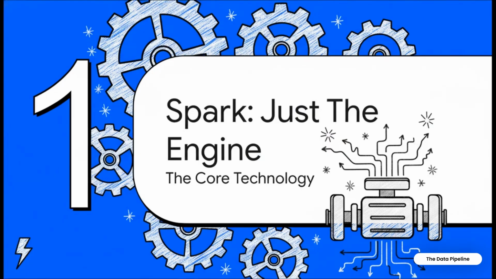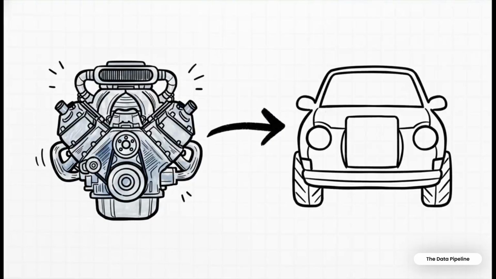All right, first things first, we absolutely have to start at the foundation. And that foundation is Apache Spark. See, before we can even begin to understand the big platforms, we have to understand the thing that powers them. Okay, if you remember one thing from this whole explainer, make it this analogy. Spark is like a ridiculously powerful, high-performance V8 engine. It gives you incredible speed and raw power for crunching huge amounts of data. But an engine all by itself can't really get you anywhere, right? You need a whole car built around it.